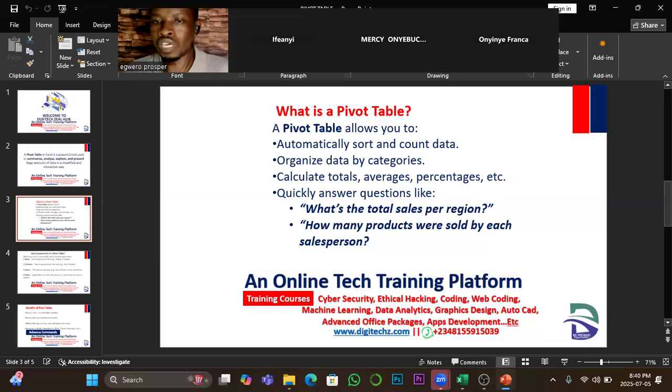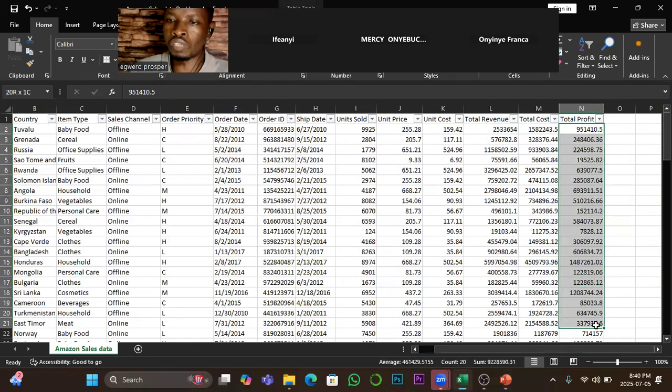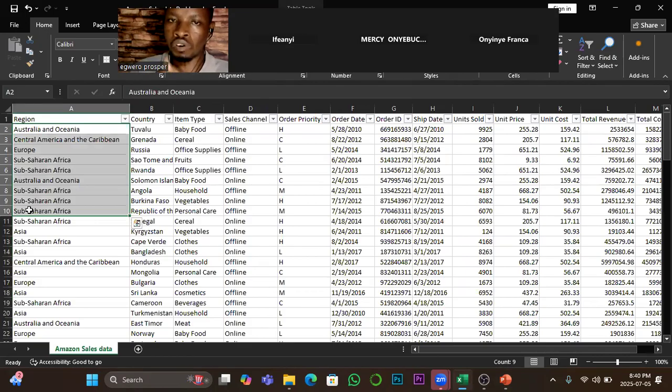What it means is that categorical analysis presentation is summarizing a set of values against some unique variables in your data set. For example, if I use the Amazon data which we have been using, and I am asked to summarize all this against unique region, that type of analysis is called categorical analysis